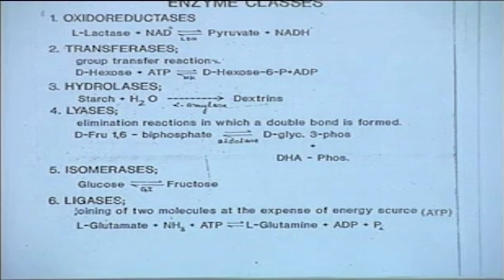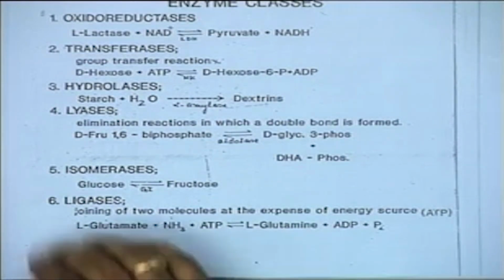As you know, in most biochemical reactions, ATP is the energy currency which is consumed and regenerated through catabolic processes, and such reactions are classified under ligases. In fact, this is a classification, as I mentioned, based on the IUPAC nomenclature,